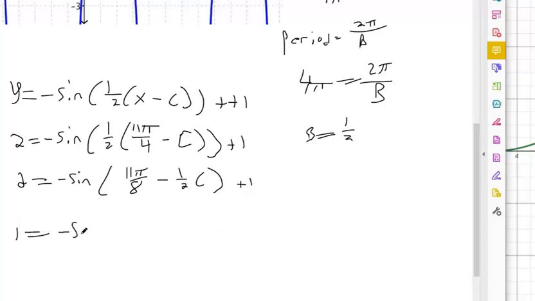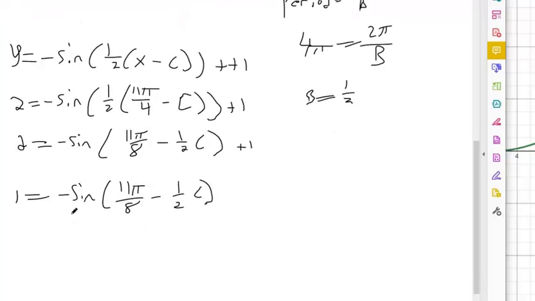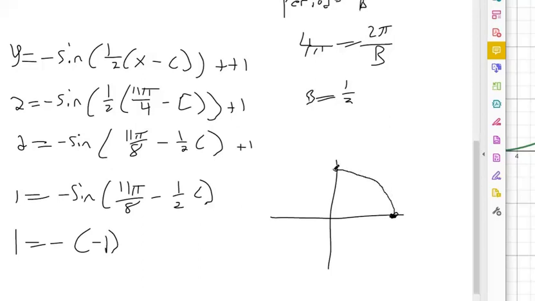So we get 1 equals negative sine of 11 pi over 8 minus 1/2 C. And so there's only one angle that would make sine equal -1, right? Because what we really want is to plug in a number for C so that we get a -1 out of here. That way our negative would make a positive. To figure out what that angle is, you can remember that sine is the y coordinate on the unit circle. So here, at the initial side, a 0-degree angle, that's a y coordinate of 0, so sine would be 0 there. Sine is +1 here. Sine is 0 here. And then this is -1. So we need a 270-degree angle,